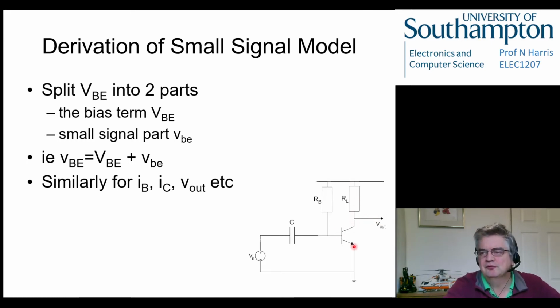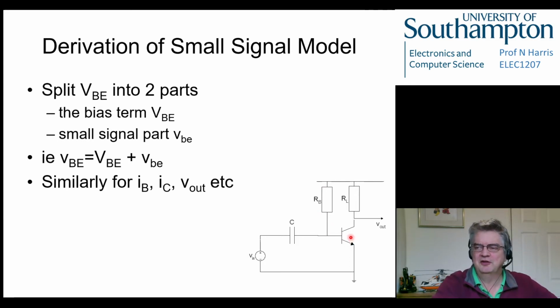We've got another current flowing through here, which is static and not moving. So we've got a sort of an idling current, if you like. It's not doing anything useful, but it's positioned this on the operating curve to a place where we want it to be. Then when an AC signal comes here, it goes through the capacitor, because capacitors allow AC to